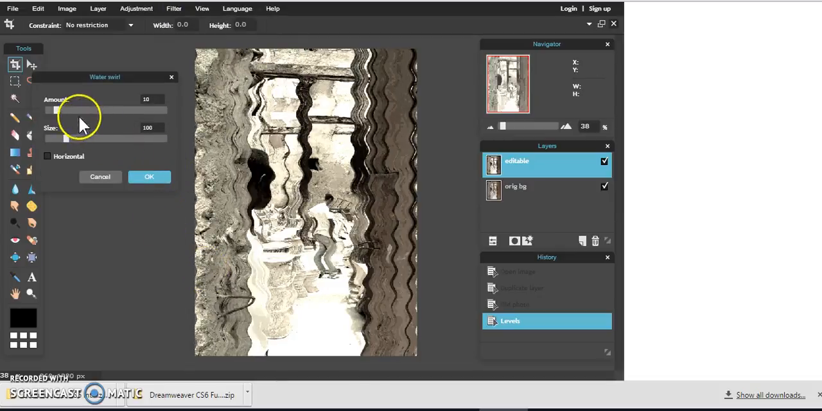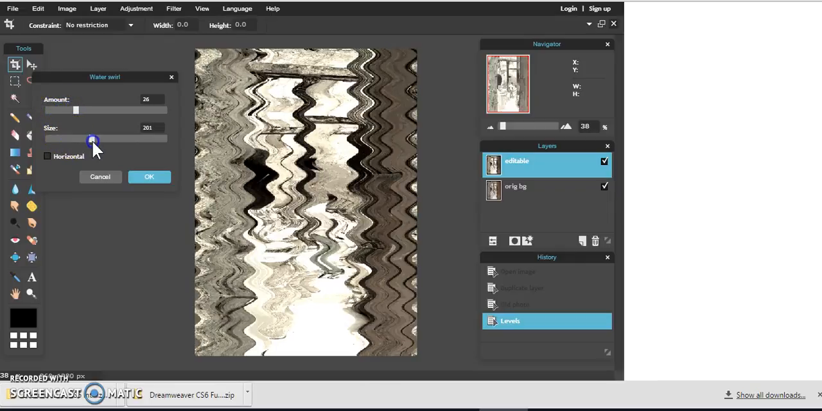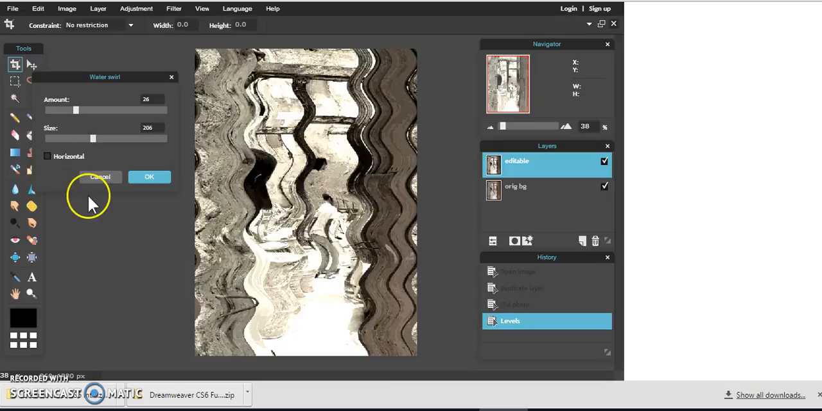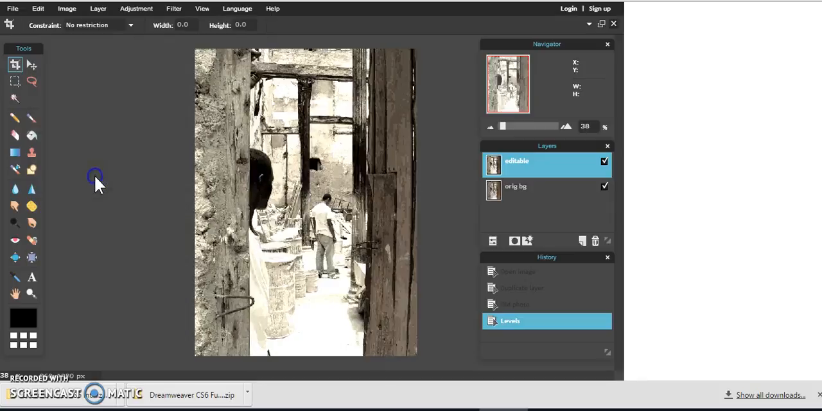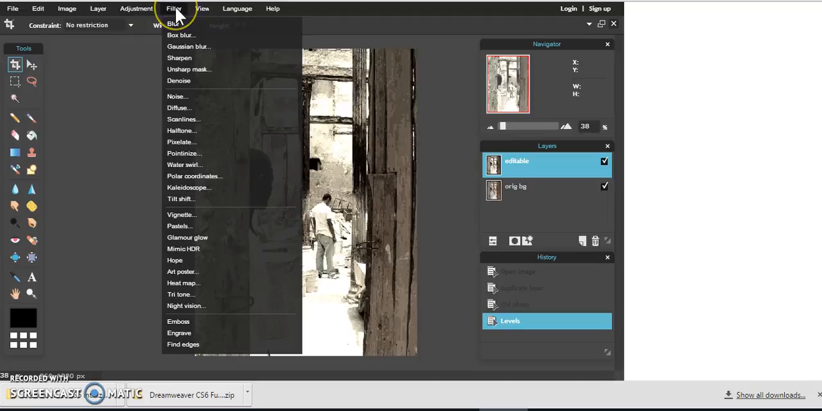Okay, and that adds that to that, and then you say, okay, well, how much do I want to do? The size of it. Again, I'm not choosing anything too creative right now just for the sake of the video, but you'll see all the stuff that you can do if you want to. Change that to horizontal, whatever you want to do. All right, so really I would just experiment with a lot of these filters and just see